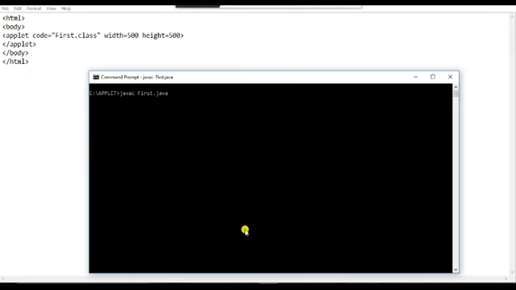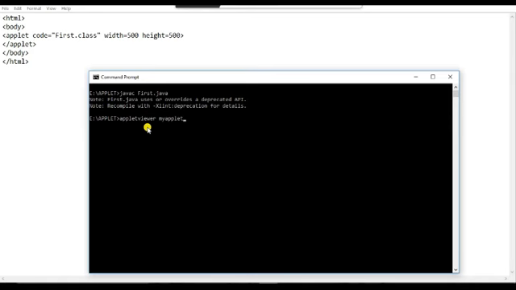You will get a warning. So what kind of warning is it? Because the applet method is deprecated in the API, application programming interface, that's why I'm getting this warning. And after that, I have written the HTML file. The name of the HTML file is my applet, right? So after compilation I can write appletviewer, then I have to write the file name. What is the file name? My applet, right? HTML file name, my applet. This is my HTML file name.